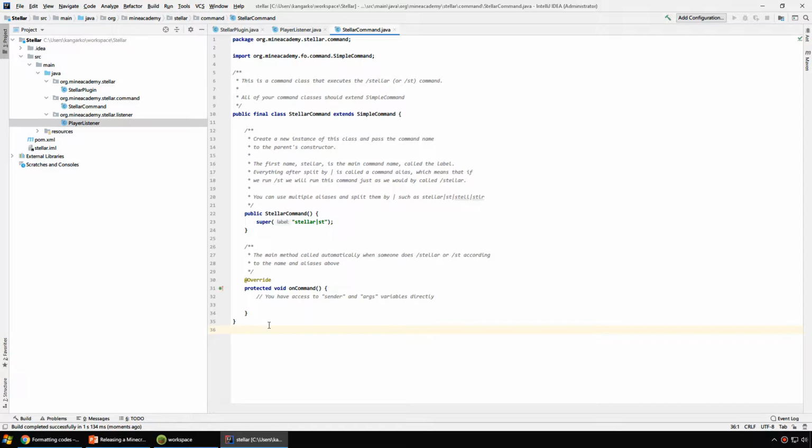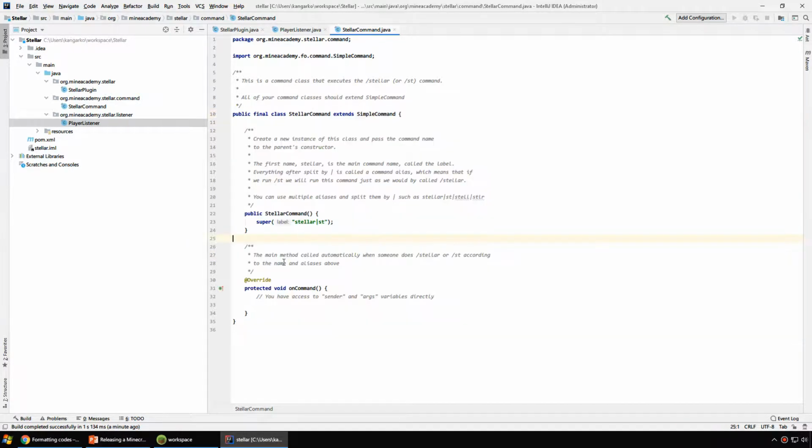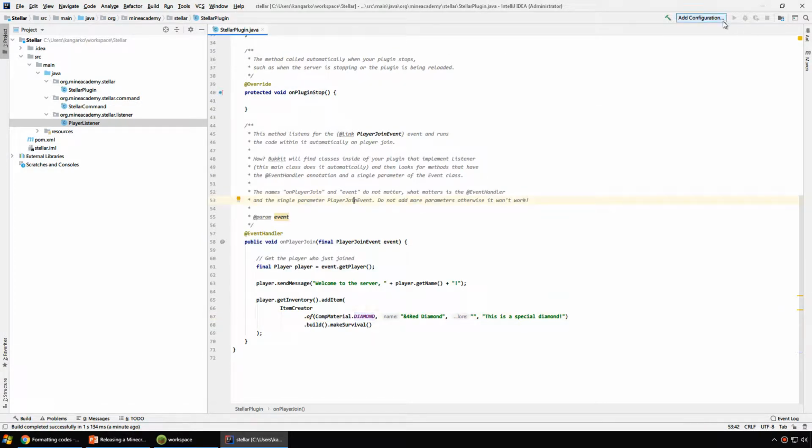Just know that you have this command class pre-created for you, right? So it's very easy, and that's why we provide the 3 example classes so that you don't have to start from scratch each time. And then if I go back here, now what we need to do, we need to export that code to make it a plugin and to put it on the server and to actually load it